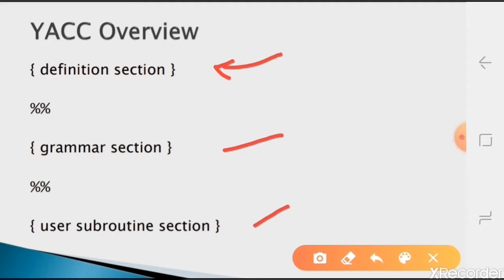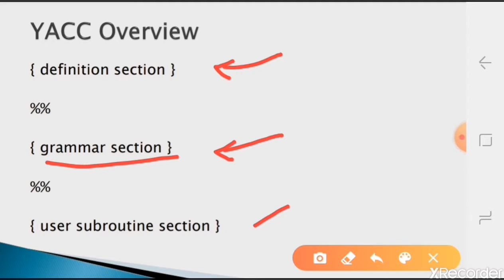And the grammar section. In lex we used to give only a regular expression and the corresponding action. Now here we'll give the complete grammar, and each production will have an action. So in this section the main thing is that we write the entire grammar, which is nothing but syntactically checking whether the tokens we are getting are correct or not. Okay, so for each production we have in this grammar, we can write the action.